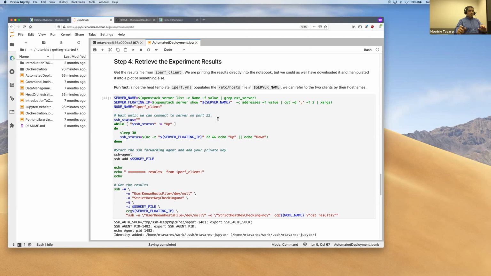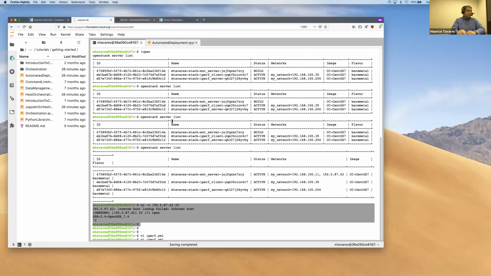And the experiment, you remember, runs only between the iperf server and iperf client. The external server is being used for nothing else but to access the experiment and retrieve the data. So here, I'm getting the information about the external server. This node name is actually the name of the machine you're going to be connecting to. I could have used the IP, but if you remember on the iperf.yml, one of the things we did